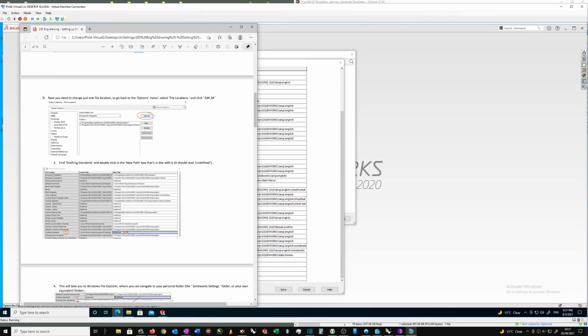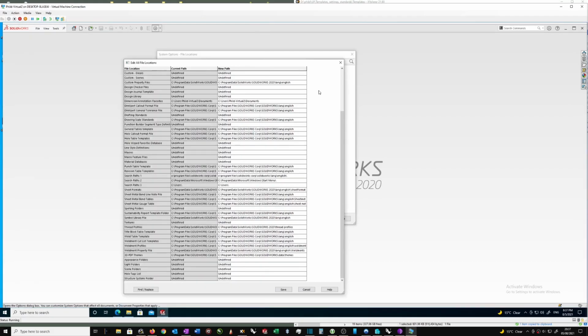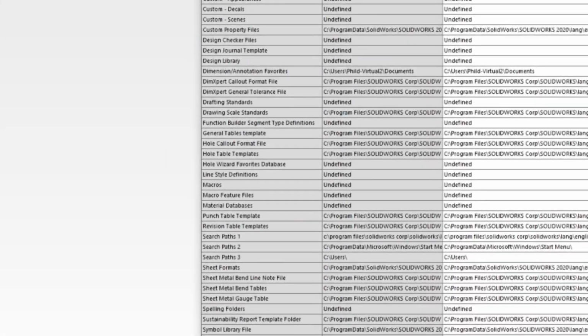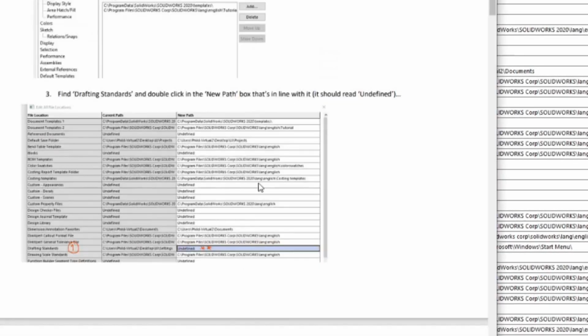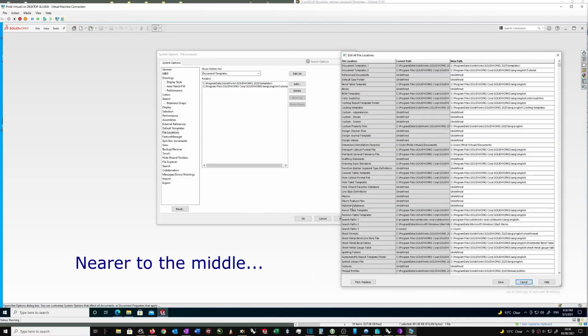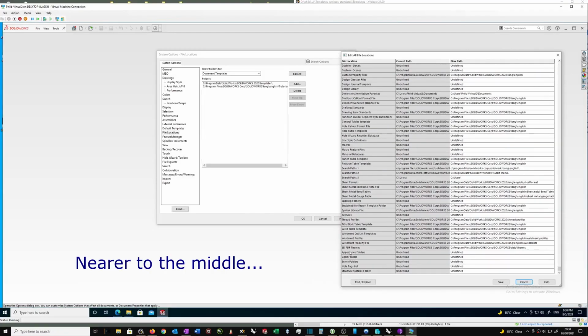Now you need to change just one file location, so go back to the options menu. So I'm in the options menu and I've edited all, so let's just do that again. I just click this button, edit all, and then look for drafting standards, which is quite low to the bottom. So let's see if I can pull this across. Drafting standards, which is